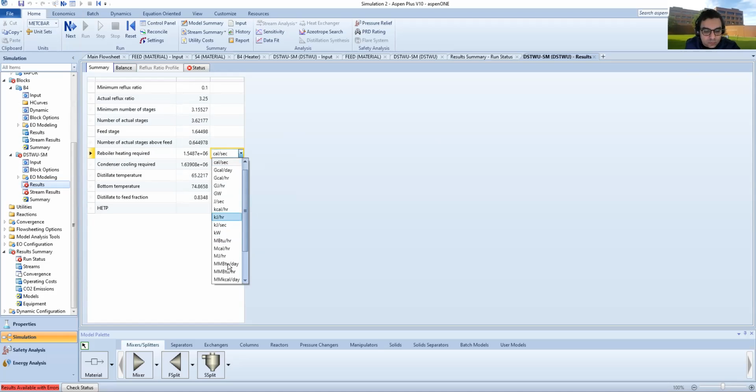Right? You can use kilowatts, but just be careful with your units. Calories per second, I don't like this unit. Let's make it megawatts here. Megawatts as well. So you can get your reboiler duty, your condenser duty, your distillate temperature. You can have a lot of useful information, which you can use now to make a more sophisticated design of the column. And if we compare these results to the results we have from the solution manual for this problem,